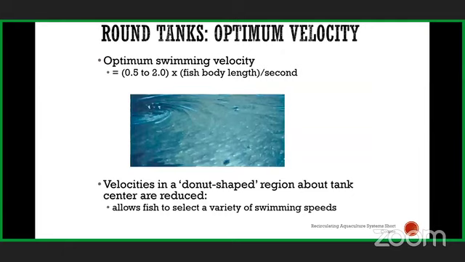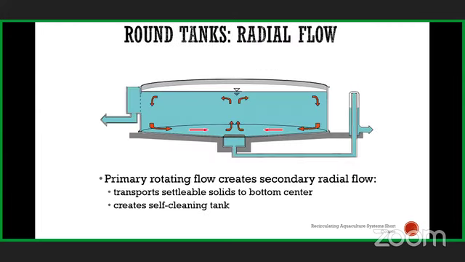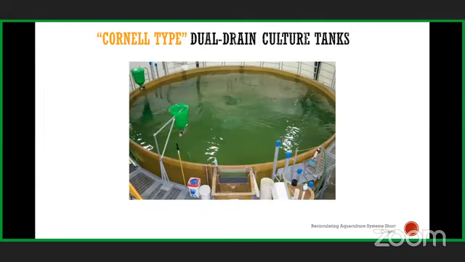So again, you need to maintain optimum velocity in the center. We require some pressure, and in the center, velocity should create a donut shape so that we can harvest our waste in the center itself. In this picture you can see better. In the center, the waste can be easily collected with round flow and with the slope at the center bottom. So we can collect our residue.